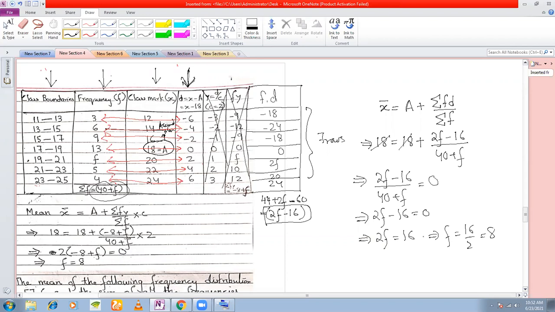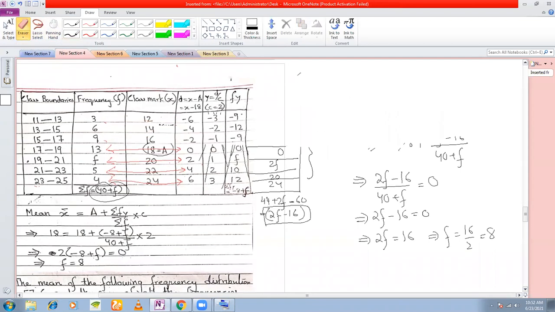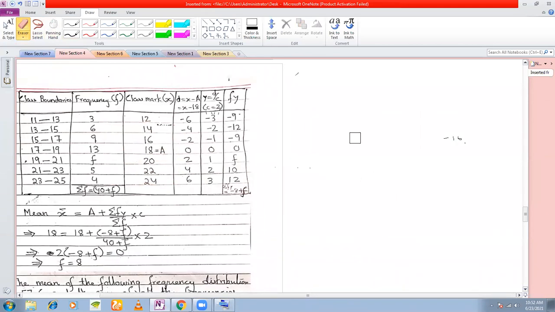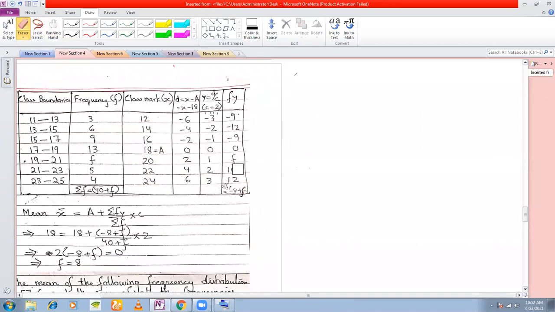That's it. So this is how you do by deviation method. You don't draw this column, you don't draw this column, and you only draw this column for deviation method. The same sum I have shown you by deviation method, and I have solved it by step deviation method. You can also do this by direct method. Can you tell me how to do by direct method? I'll not do it, but I just want to know if anyone can tell me. Otherwise, I'll just show you.